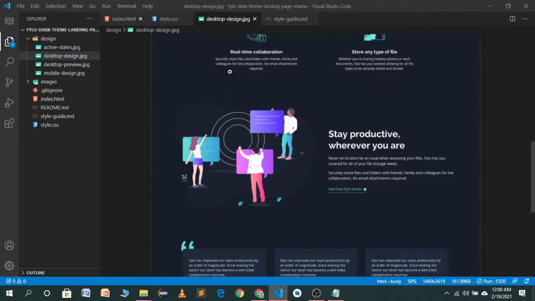Stay-productive-section. The left part will be an image. So it is the illustration image.